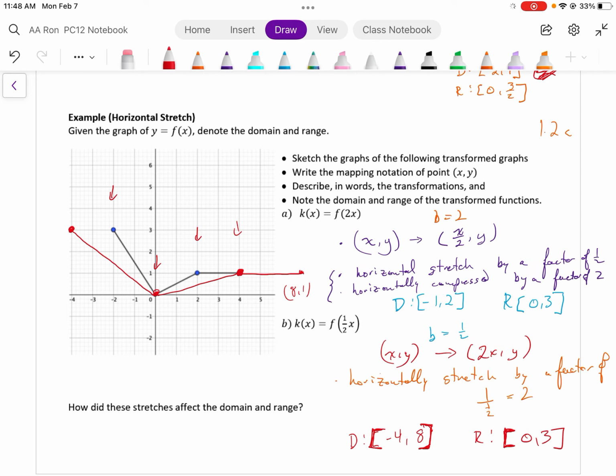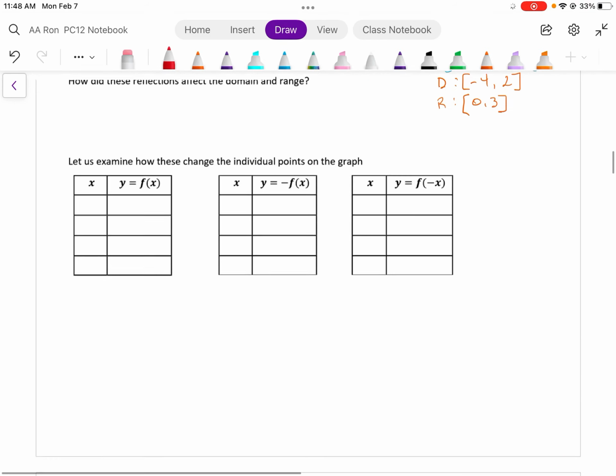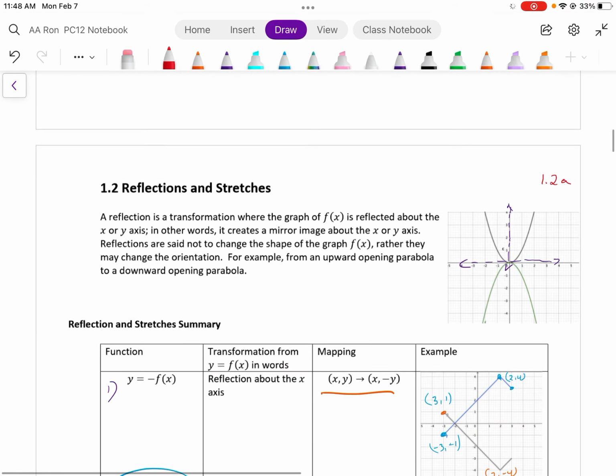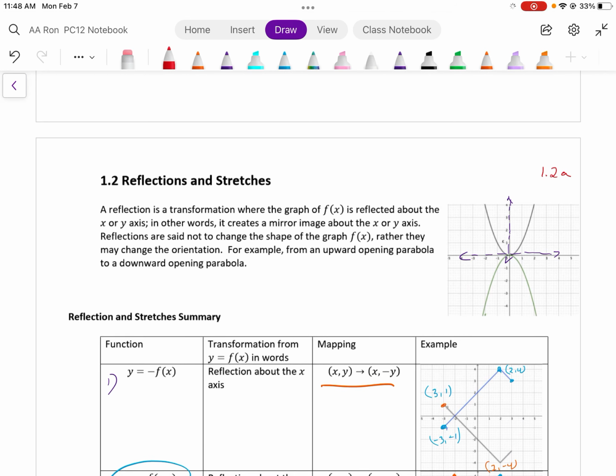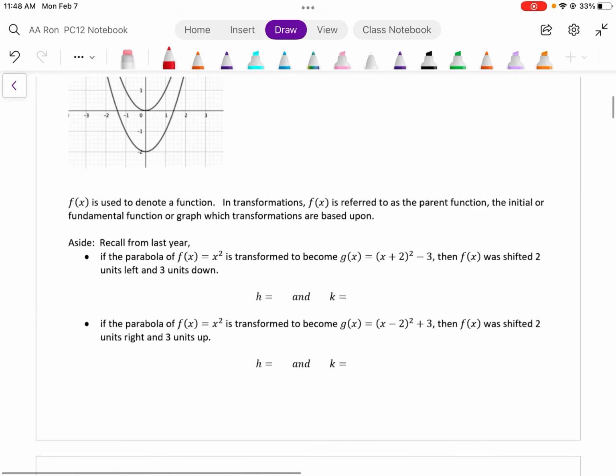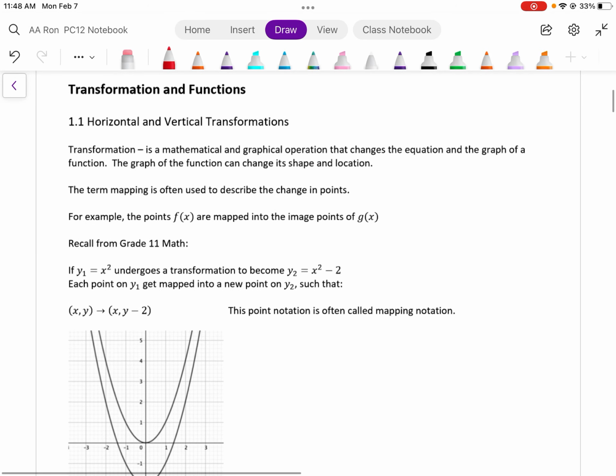There are your transformations. So if we revisit this transformation just very quickly, reflections and stretches, if you take a look at the mathematical operations, you're always multiplying either the x values or the y values by some constant. So I call these the multiplicative transformations. And if we go back to way up here, transformations of functions, horizontal translations, these were the additive transformations where you just added a constant to either the x